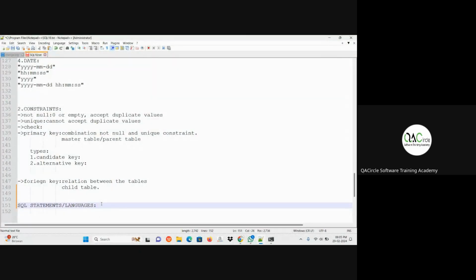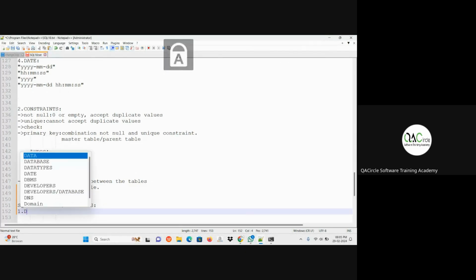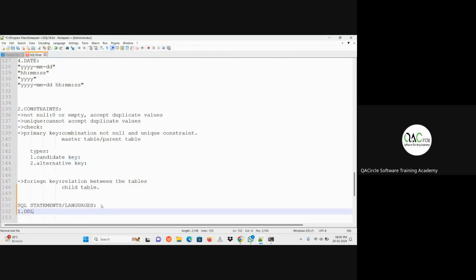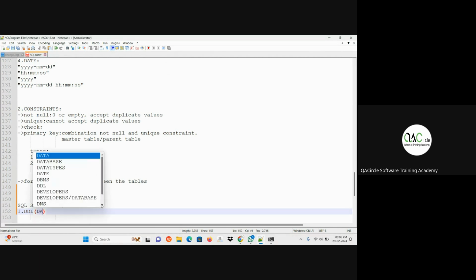Here in the SQL statements or languages, we have totally 5 types of statements. First one is DDL. DDL full form is data definitional language.